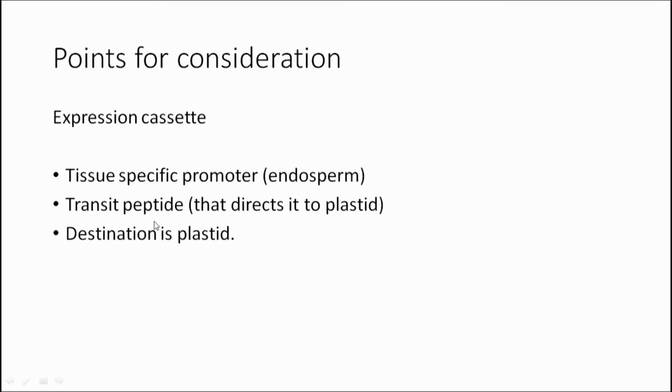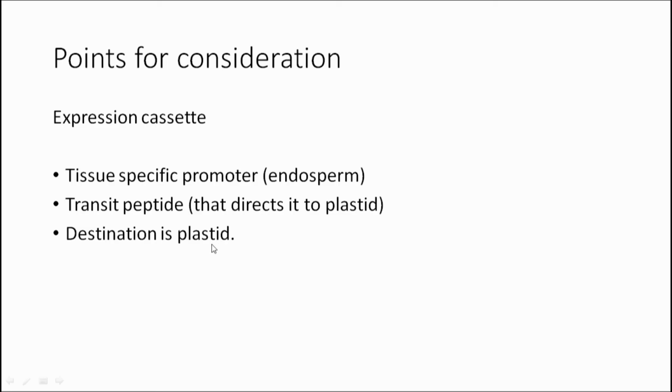So, in other words, any kind of foreign protein which you are going to synthesize must also have a signal in front of it which is going to direct this particular polypeptide into a plastid. That is where beta carotene is going to be synthesized. And why do we need a transit peptide? It is because the destination of this protein is going to be a plastid. It should not just remain in the cytoplasm of a plant cell of the endosperm, but rather it should be particularly directed to this organelle within the plant cell. So, that is what is necessary to understand here.